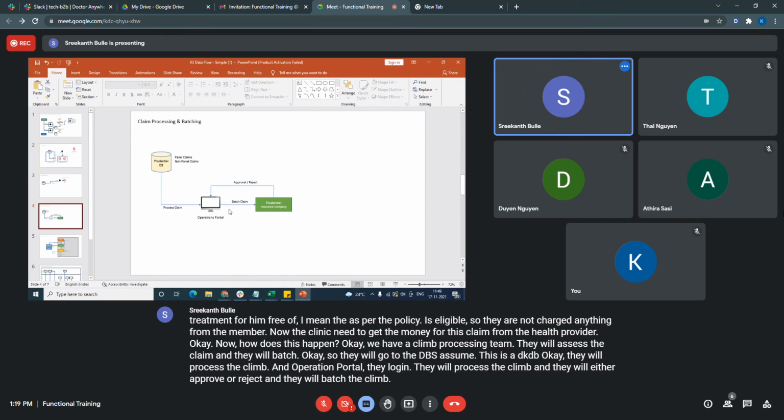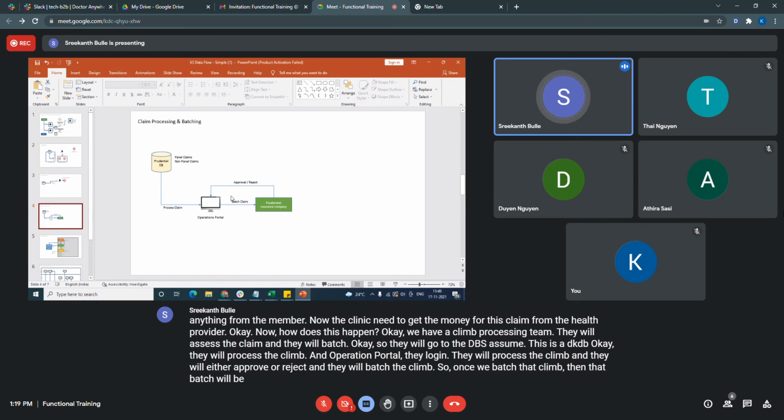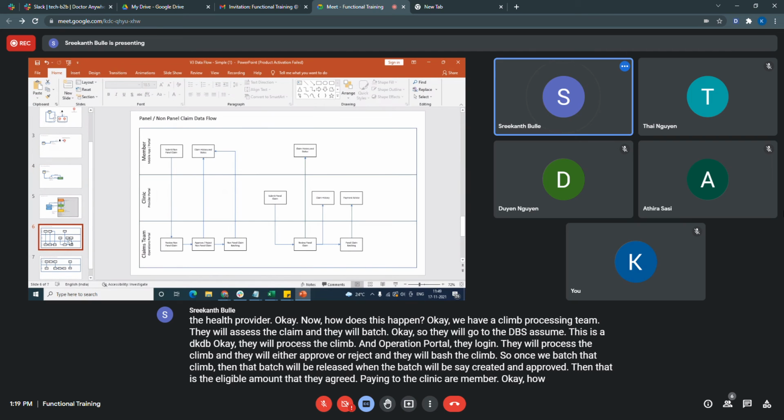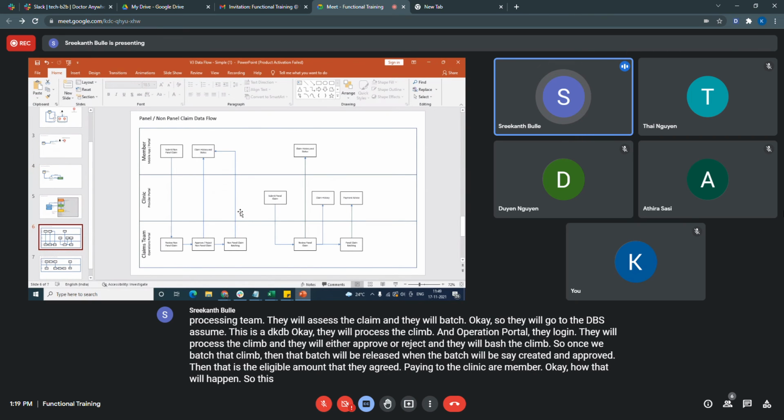Once we batch the claim, that batch will be released. When the batch is created and approved, that is the eligible amount they agreed to pay to the clinic or member. Okay, how will that happen? So this is one simple flow, panel or non-panel claim data flow.